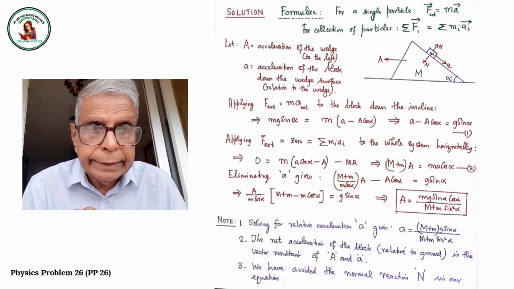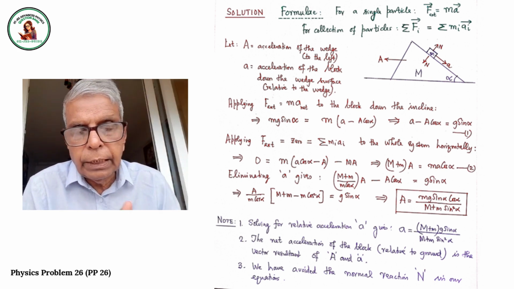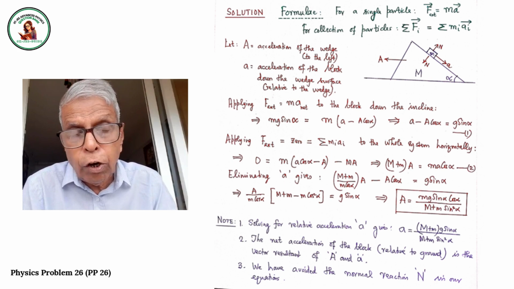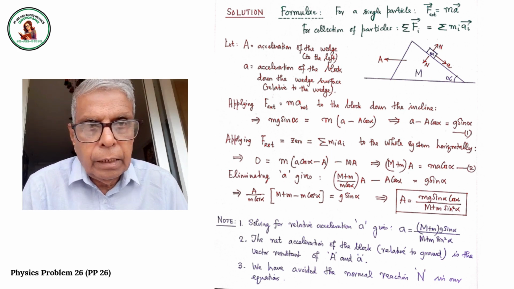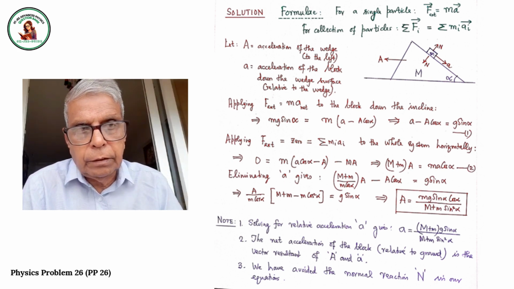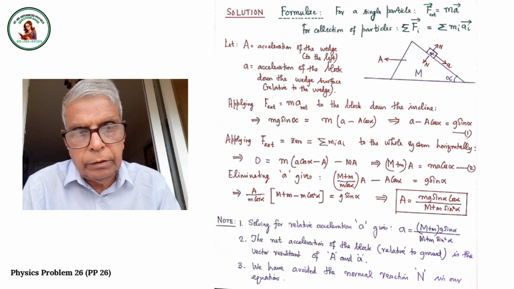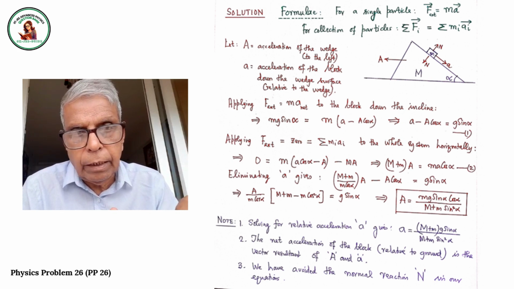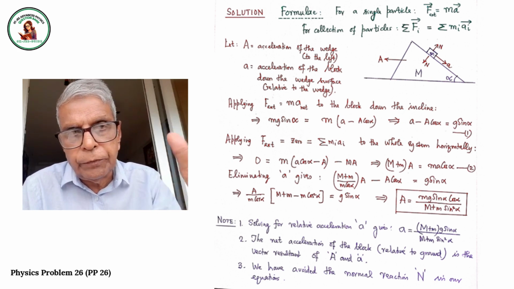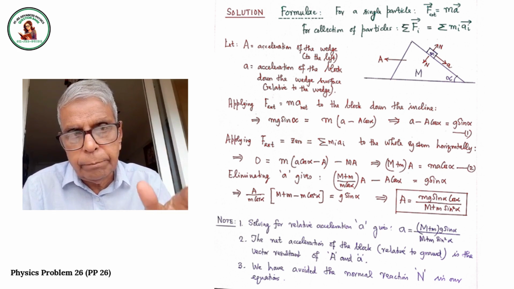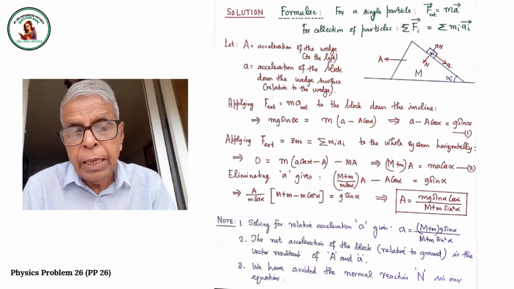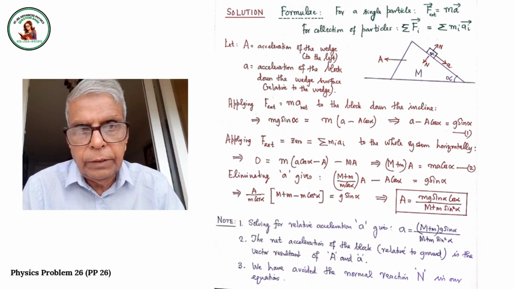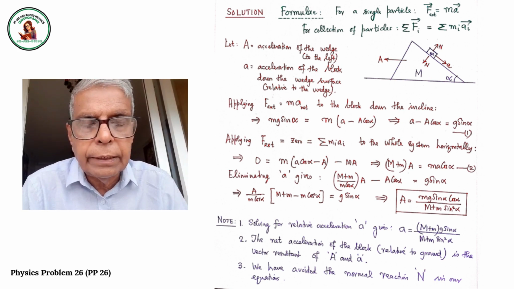Now, there is a third force relevant to this system, that is the normal reaction, which is acting on both the small block as well as the wedge, in the upward direction on the small block and the downward direction on the wedge. We have marked it in the diagram, but we didn't use it. We didn't use that normal reaction in our equations, because